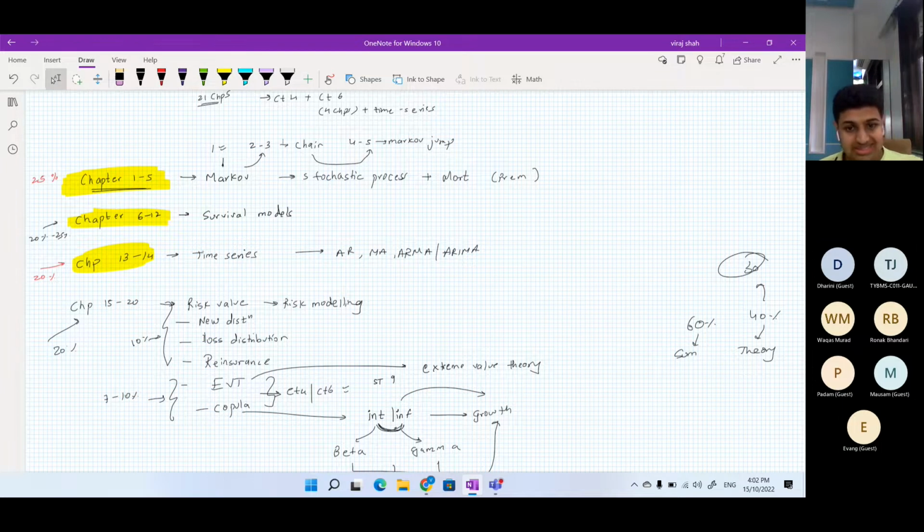Apart from that, towards the end, 5 days before the exam, what to revise and how to revise, I'll guide you towards that. In order for you to take this advantage, you need to be present in all the lectures. If you have any clashing, like I have college or college exam, if you want to go out, do not give me that reason. I want to go out with my friends. You need to sacrifice something.